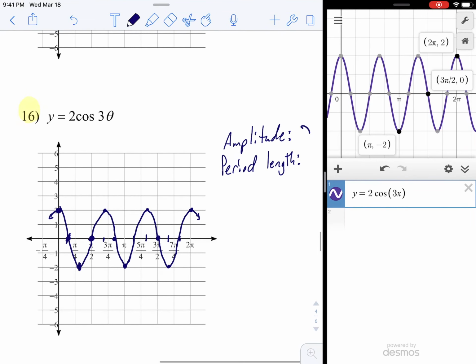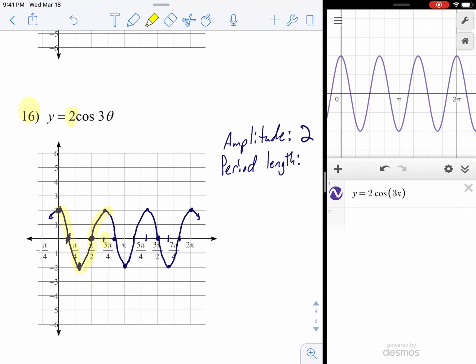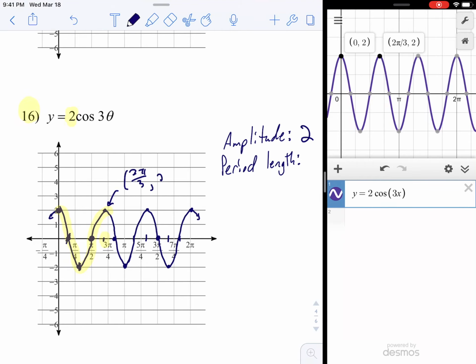So the amplitude, clearly 2, like hopefully you've learned to expect. The period length. If we trace from here to there, that is where the graph repeats itself. Now that's a point that I just kind of estimated, so I'm going to go back to the Desmos screen. I'm going to tap these 2 points from maximum to maximum. This point here appears to be 2 pi over 3, comma, 2. So 2 pi over 3